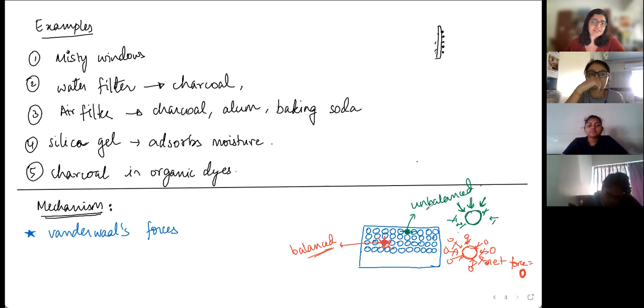And it is because of these unbalanced forces that, if I have a random gas molecule, gases are just everywhere, or if I put it in liquid, maybe, if there's a random molecule from the surroundings coming close to it, it's going to experience these van der Waals forces of attraction and it's going to stick to the surface. So the same is the case with all of the surface molecules. That is why adsorption happens only at the surface level, only on the borderlines. Okay, so that's like the core of adsorption.